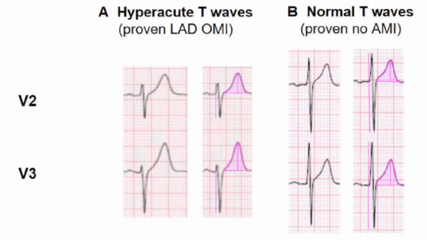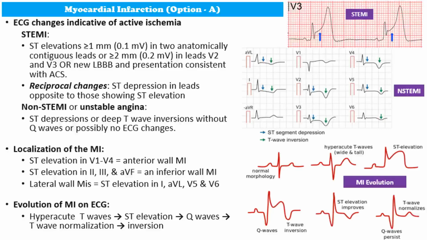It is important to note that the absence of reciprocal changes does not preclude the presence of a STEMI, but the presence of reciprocal changes makes it more likely. Certain ECG patterns can suggest the location of the MI. For example, ST elevation in leads V1 to V4 suggests an anterior wall MI, while elevation in leads 2, 3, and